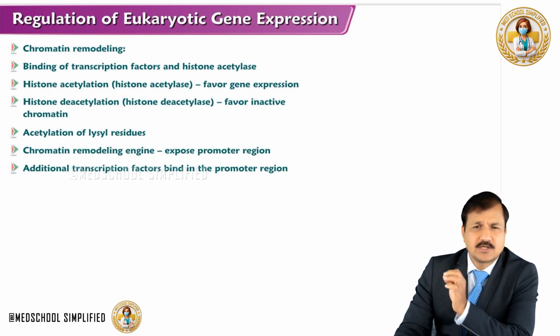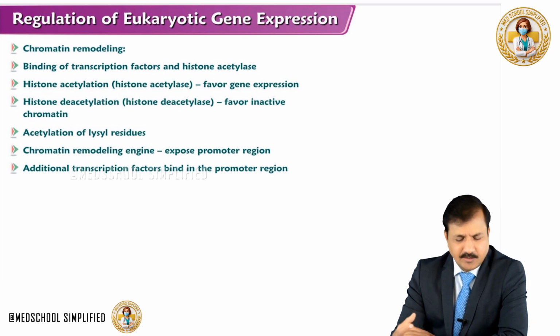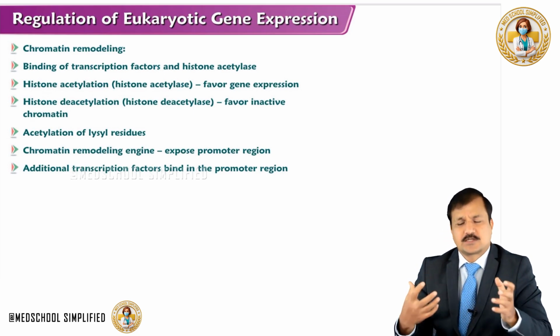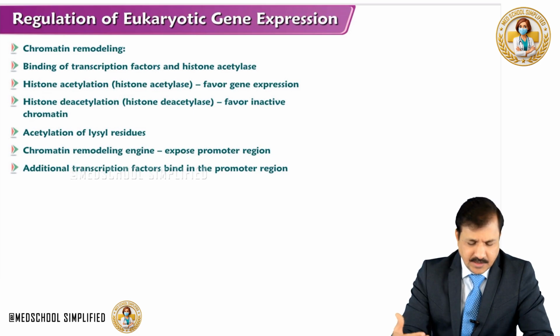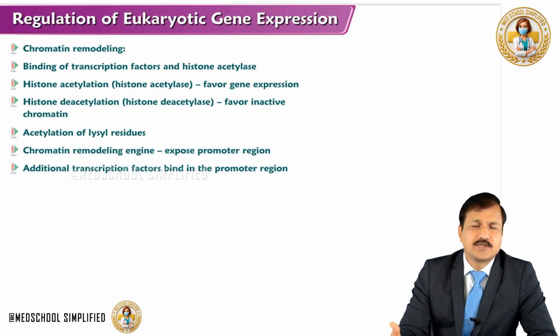Acetylation usually happens on the lysyl residues on a histone protein, and the chromatin remodeling engine further exposes the promoter region, and additional transcription factors will bind to the promoter region to initiate the